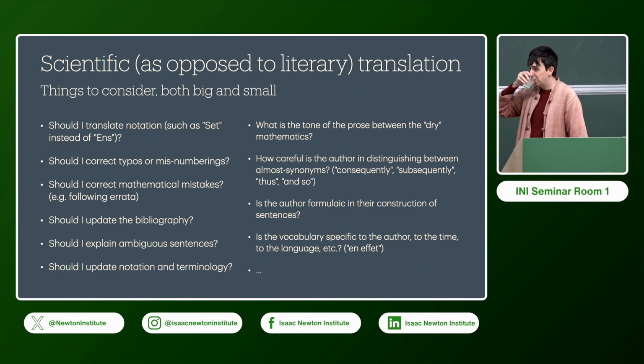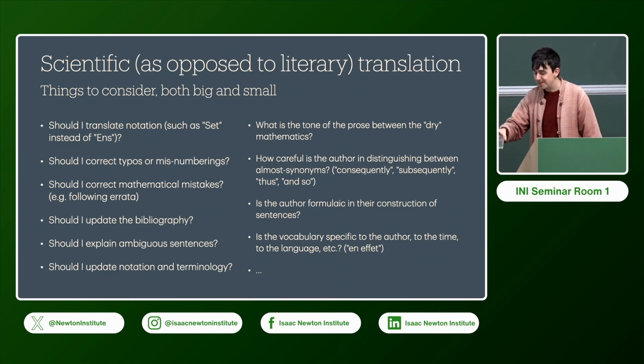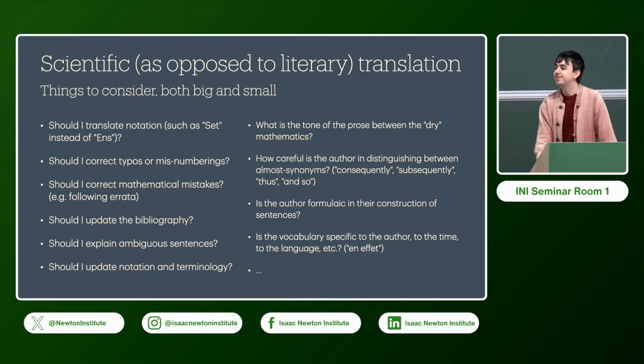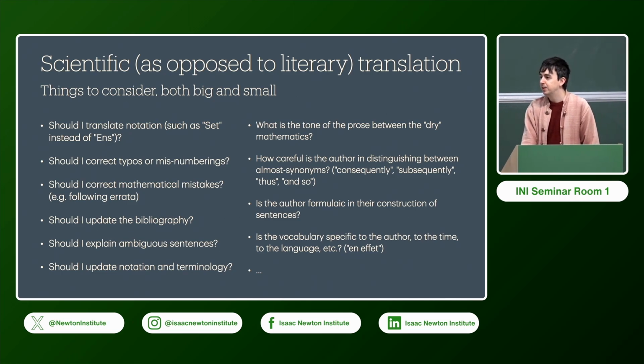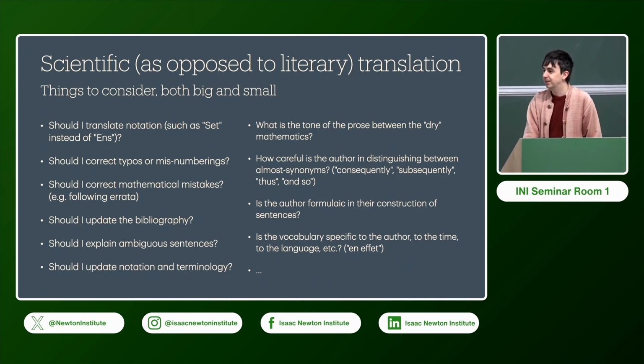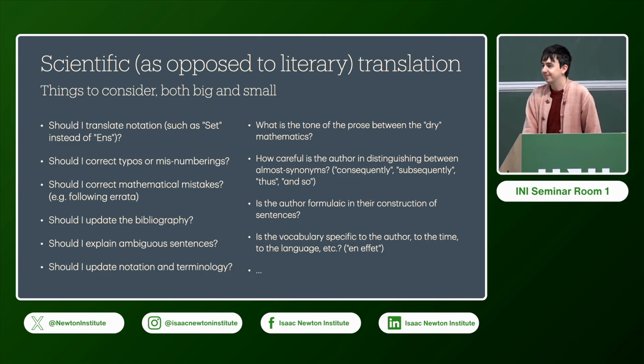Mm-hmm. And in fact, they haven't written together, but they have written distinct parts. Yes. So the question is, should we, when we speak of the vocabulary specific to the author, okay. Now, something strikes me, that is that one may want to use statistical tools applied to the text to identify, for instance, formulaic expressions and so on, to be systematic if we want to be formulaic when the authors are formulaic.